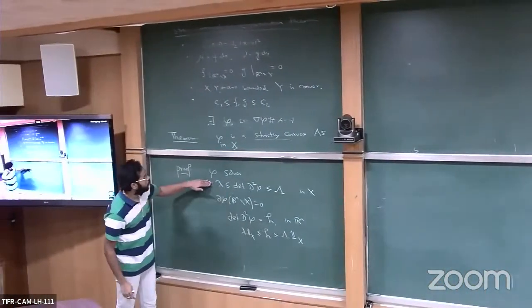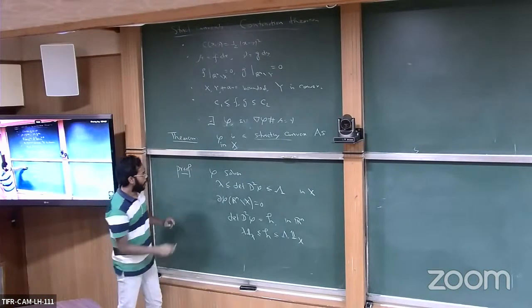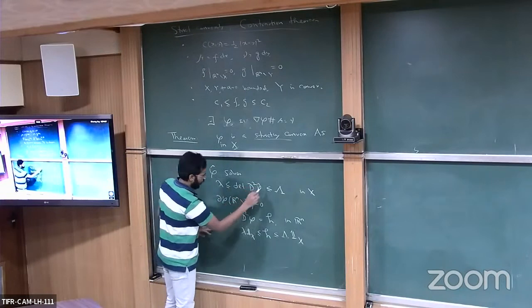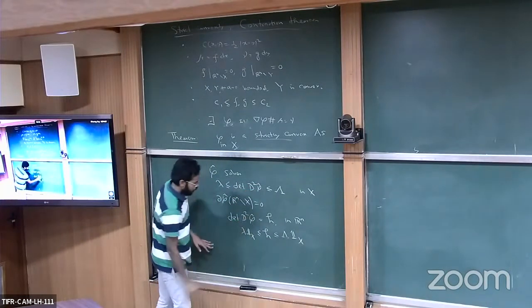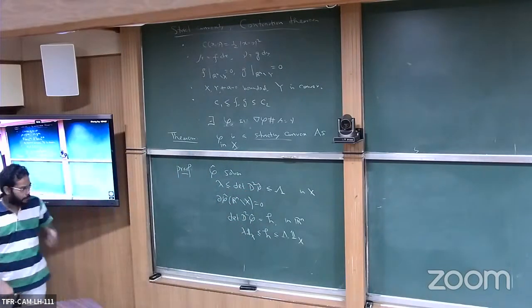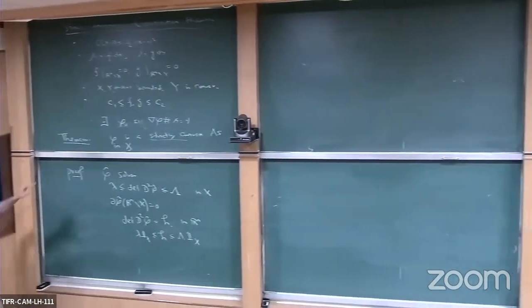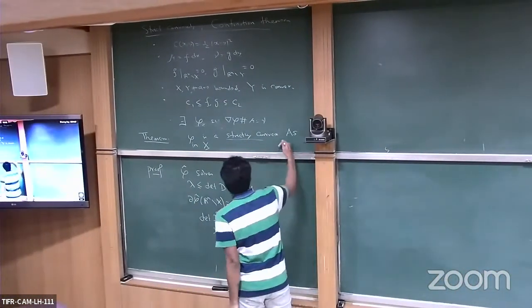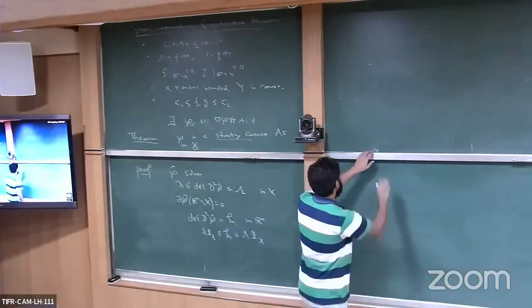And I'm sorry, I'm using phi, but I think yesterday's notation was phi hat, right? First we extended it, and then this is the equation satisfied. Okay. All right. So the first theorem, we already proved that it's the Alexandrov solution inside X,